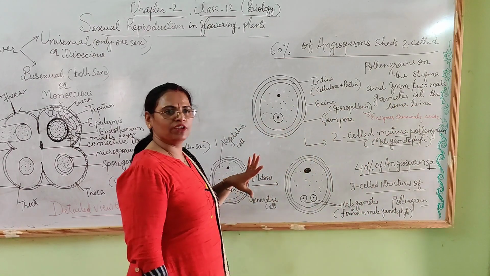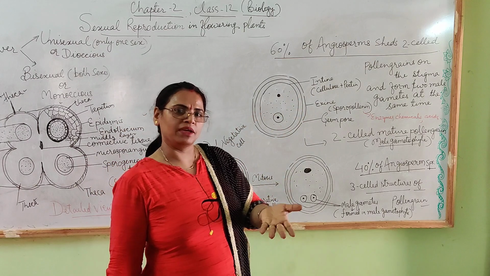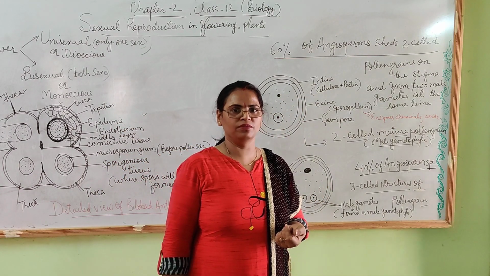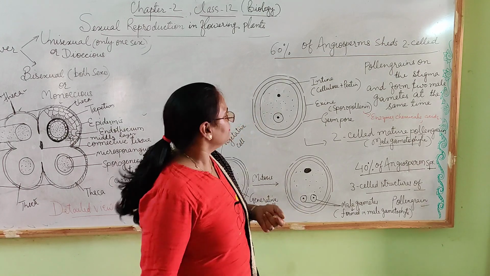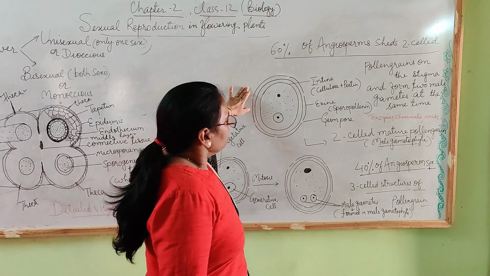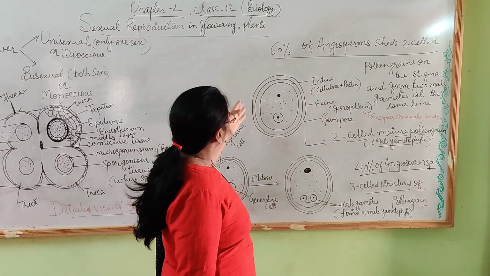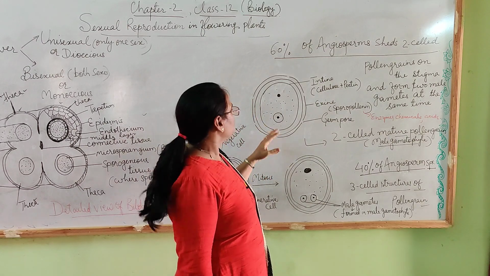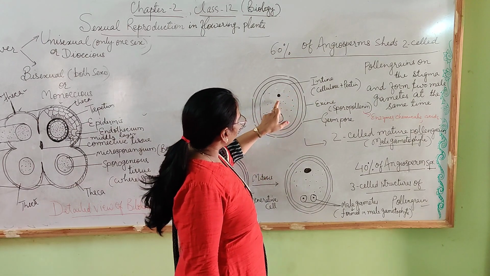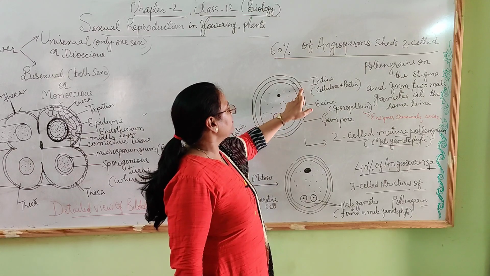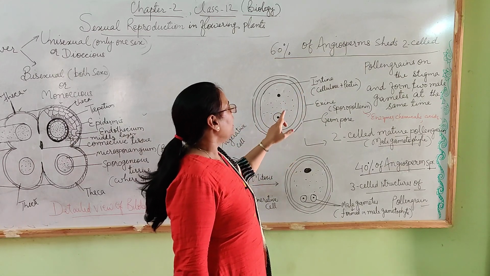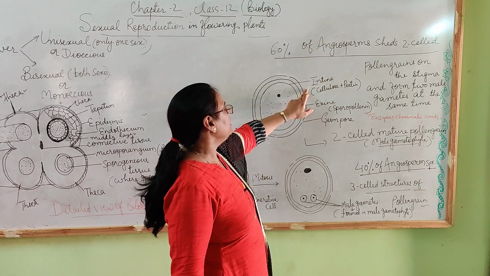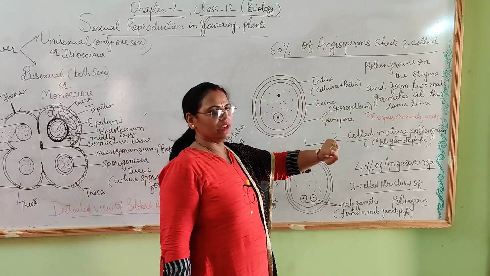When this pollen grain sheds on the stigma, at the same time two male gametes are formed there to fuse with the female cell. Okay. So I'm telling you about this pollen grain. This one is a two-cell structure and mature pollen grain, and this pollen grain has layers. The outermost layer is